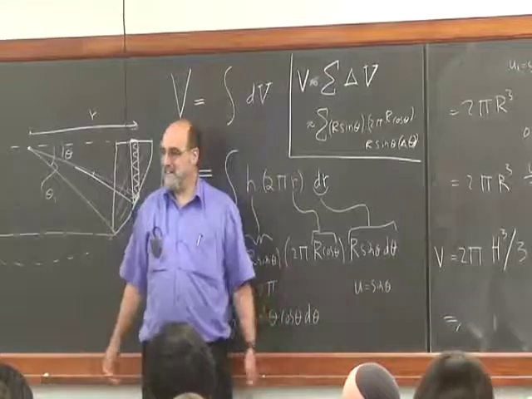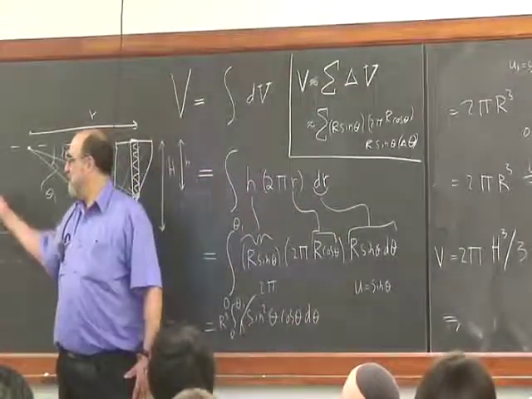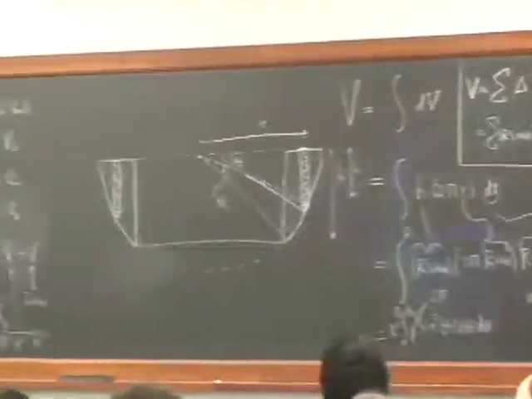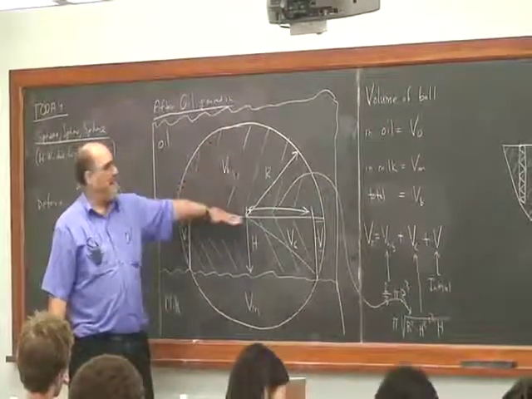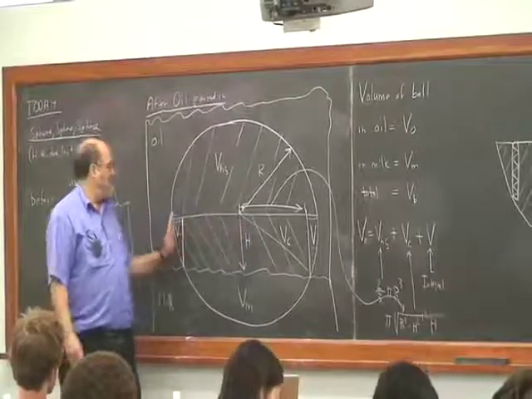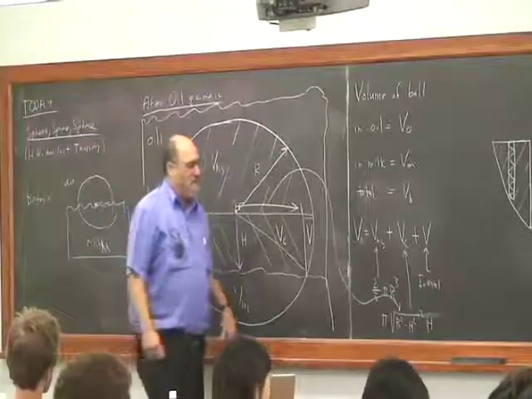We never heard of calculus. We're in high school, we never heard of calculus, and we're trying to do this problem, which means we're trying to figure out what this volume is as a function of h. We know the formula for the volume of a half a sphere somehow. We know the formula for a volume of cylinder somehow. We're trying to figure out the volume of this weird shape spun around here, and we're going to do it